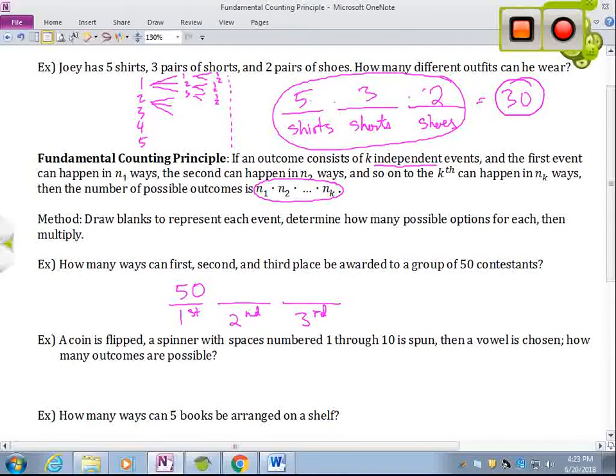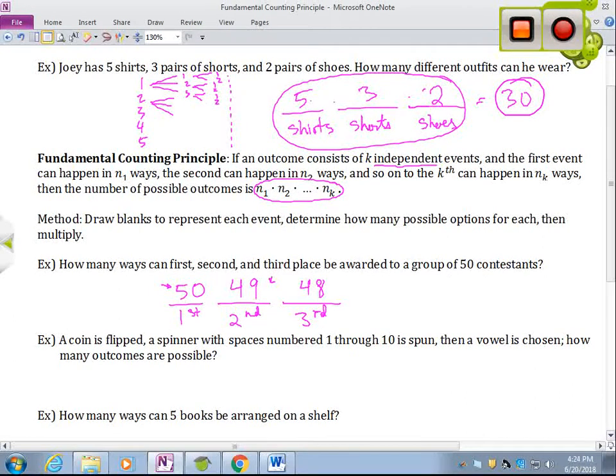Well, really, I have 50 to choose from for second place, but one of those has already gotten first place. And it's really unlikely that somebody who gets first place can also get second place for a particular event. So really, we only have 49 options for second place. Now, doesn't this say that we have 50 different first places? No, it does not. It says how many options did we have. We only chose 1, okay, but we had 50 to choose from, and then 49 to choose for second place. For third place, then, we actually have 2 different contestants that have already been assigned a place. So there are 48 contestants remaining here, okay?